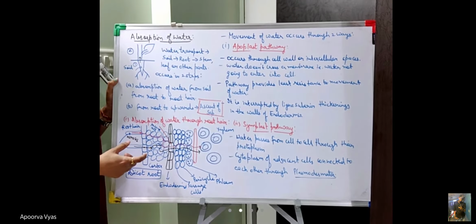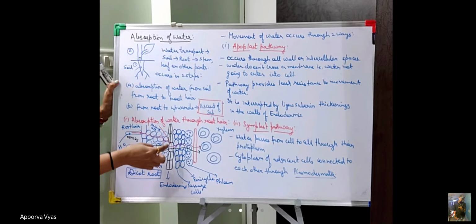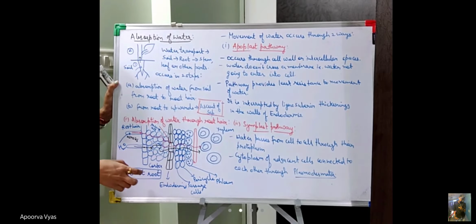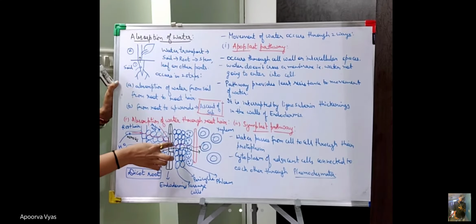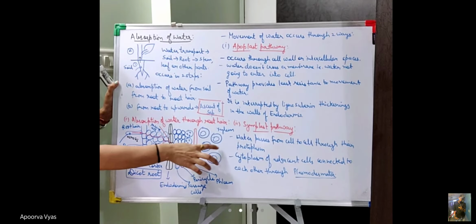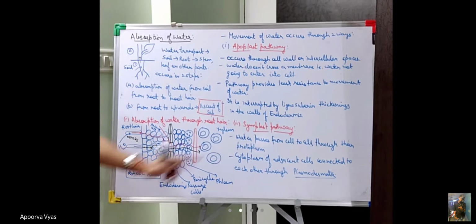There are certain special cells which are present in this endodermis layer जहाँ पे this lignosuberin thickening is not present, it is absent. So now the water will enter into the cytoplasm of these passage cells. These special cells they are known as the passage cells. So this water is now going to enter into the cytoplasm of this passage cells. Now अब passage cells में वापस जब passage cell से pass on हो जाएगा, when it comes through the pericycle, the pericycle में भी again it will start moving through the cell wall and then it eventually reaches the xylem vessel.